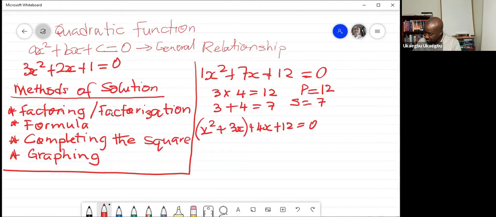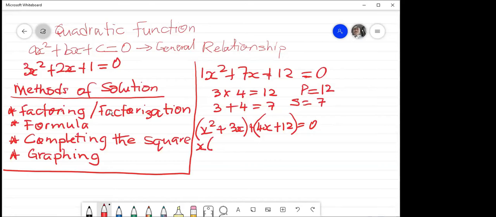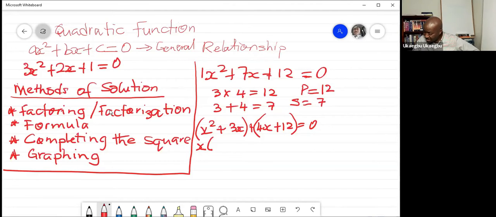All right. Once you've written it in this form, then you group the terms in pairs. Once you group them in pairs, then you factor out either the common variable or the common number in each pair. For example, x squared is x times x, and 3x is 3 times x. So what is the common variable in those two terms? 1x. Yes, thank you. So we just pull out 1x and say x plus 3, plus